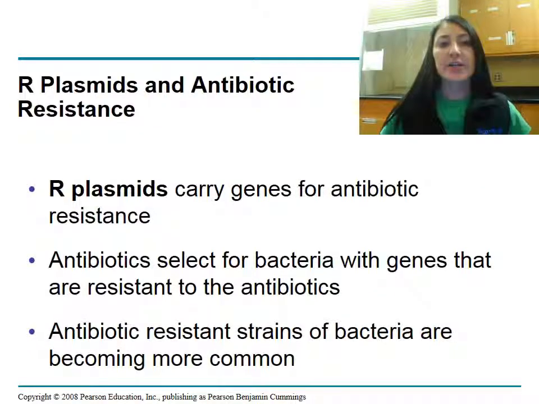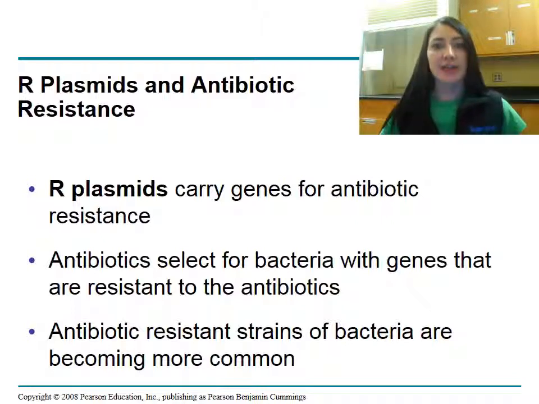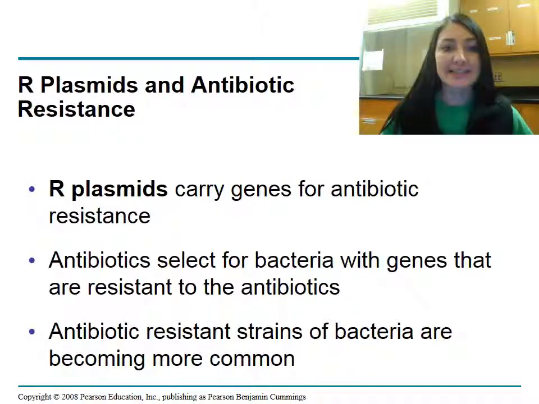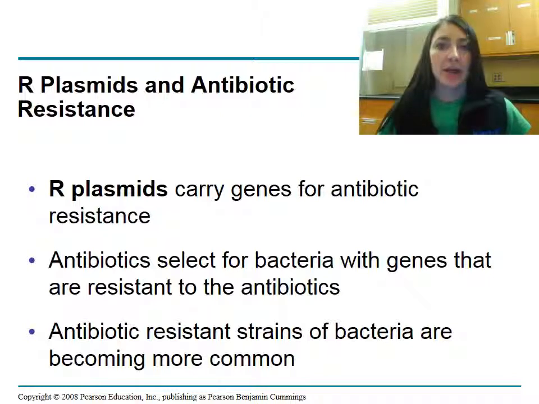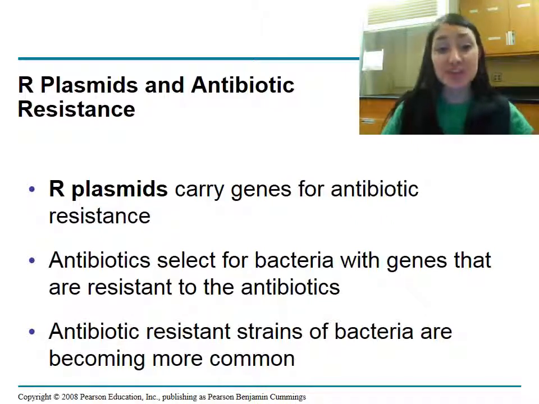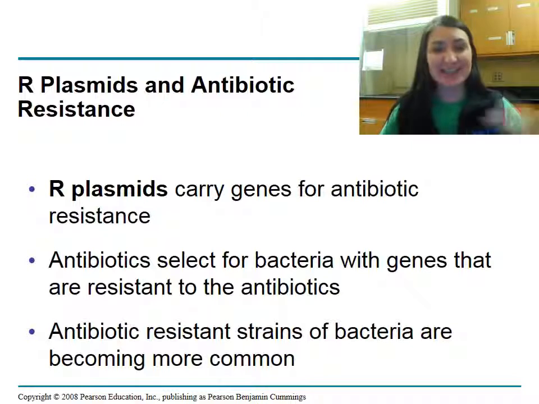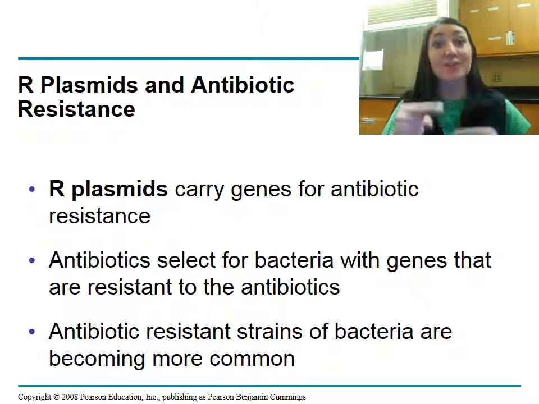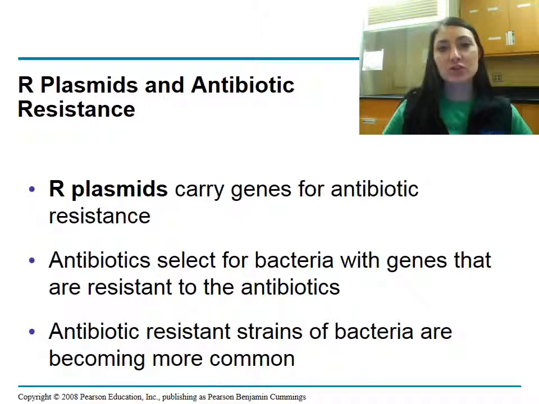Some bacteria carry R plasmids, and these are genes that code for antibiotic resistance. When you're given antibiotics for an illness, your antibiotics are killing bacteria, but they're also selecting for bacteria with genes that are resistant to the antibiotics, because they leave those bacteria behind that are resistant. So those are the ones that survive that condition and reproduce, and they become more plentiful. Antibiotic-resistant strains of bacteria are becoming a lot more common, especially when we hear about MRSA in hospitals. So it is definitely a condition that